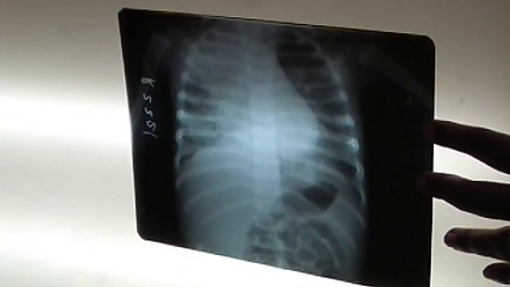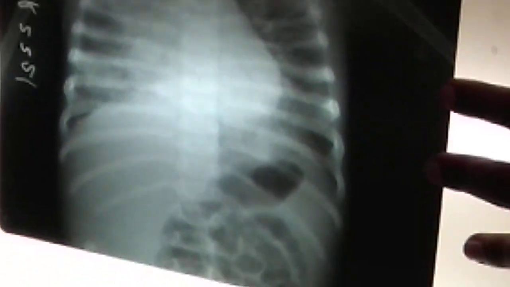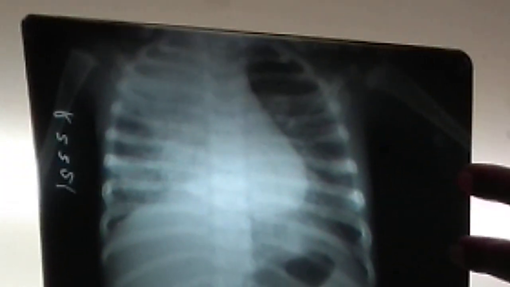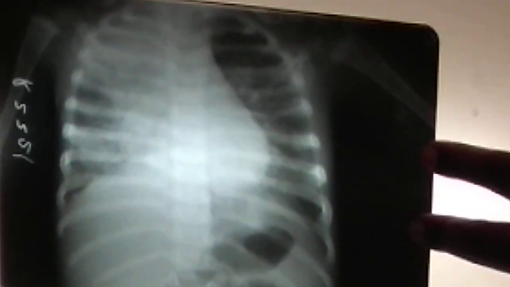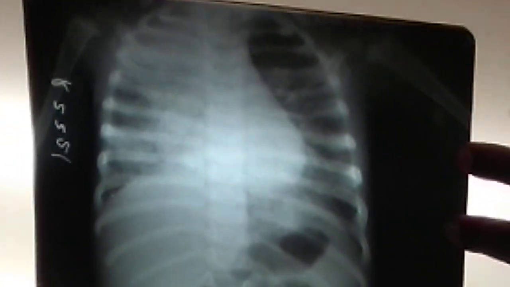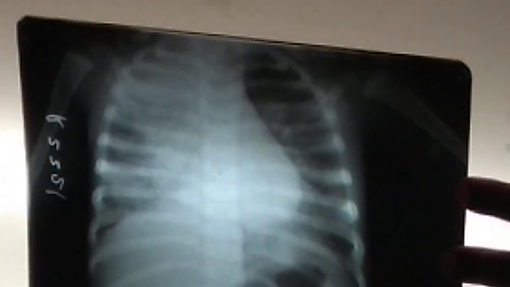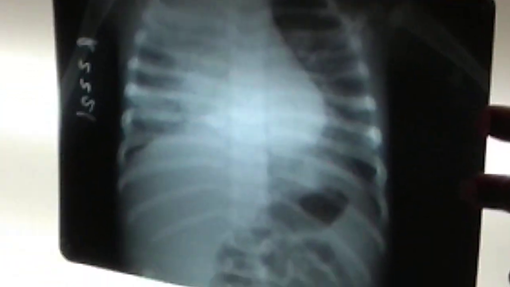Here what you are seeing? See, soft tissue and bony cage are normal, trachea appears in the center line, and cardiac size and shape appears to be normal. Tell like that. And there is a non-homogeneous opacity of the right upper and mid zones. So in case of consolidation of the right upper and middle lobe, what is the non-homogeneous and what is the homogeneous opacity? I will show you.